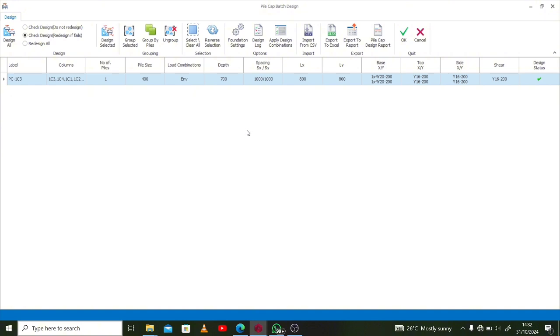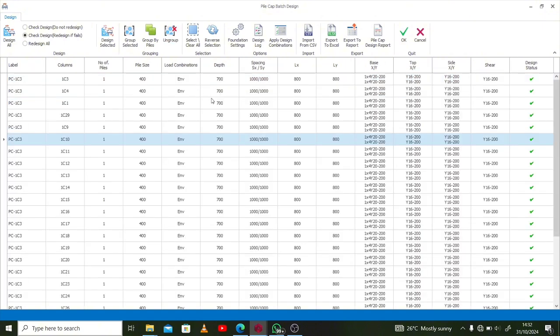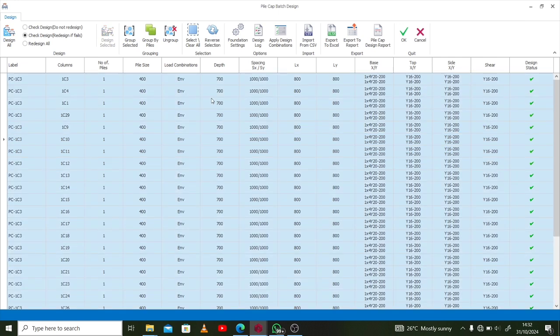So let's assume that I made an error and I want to reverse what I've just done. Okay, so I can easily or equally ungroup. So you can select your ungroup, and once you do that, it releases all that you have done formally to become normal. All right, so let's see what it's about to do. Okay, so you see that now that's what we have. Now that we have been able to show ourselves how to group and ungroup piles, all right, so we may want to just